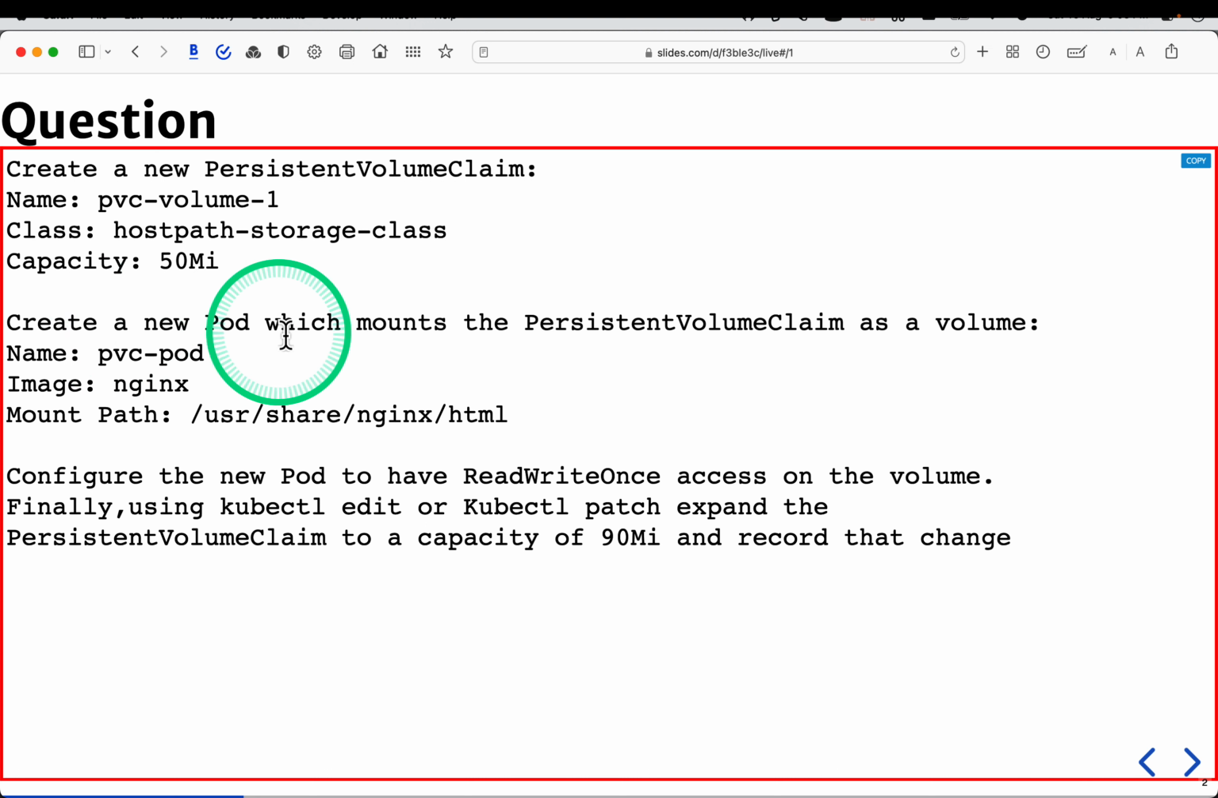Then the second part is to create a pod which mounts the persistent volume claim as a volume. The name of the pod is PVC pod. It must use the Nginx image, and it must mount a path to /usr/share/nginx/html, this directory. And finally, configure the new pod to have ReadWriteOnce. So you have to understand where to put this flag ReadWriteOnce on the volume. Finally, using kubectl edit or patch, we need to update the PVC capacity from 50 to 90 megabytes